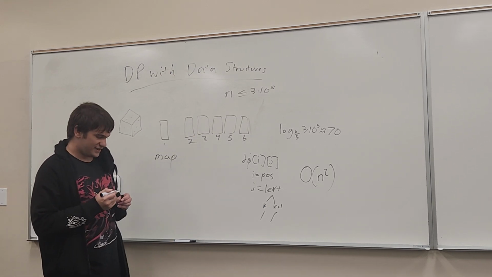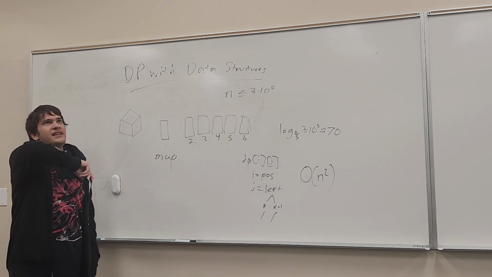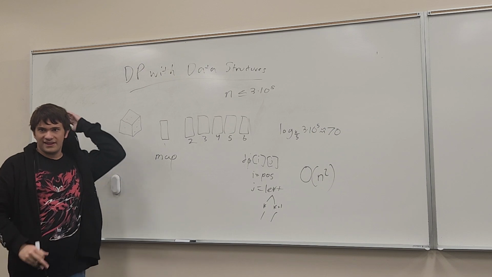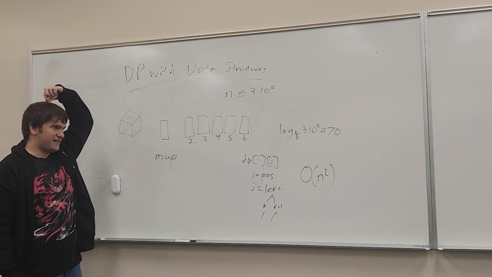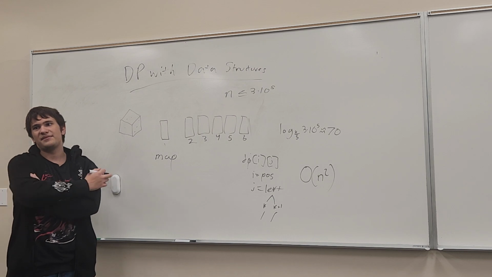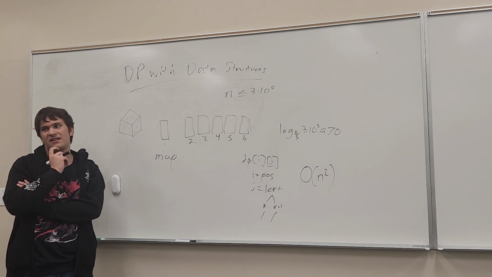We can store a map of our state to our resulting value. Because the actual state space isn't going to be very big, this actually runs in time. The time limit is like 5 seconds, and you can get solutions to run in like a second or